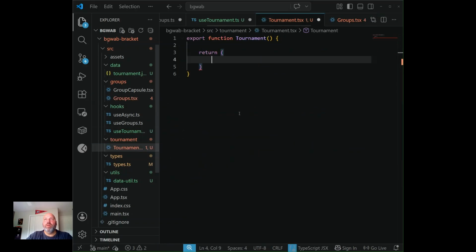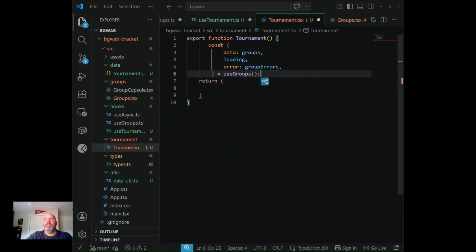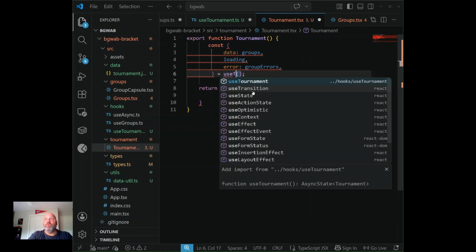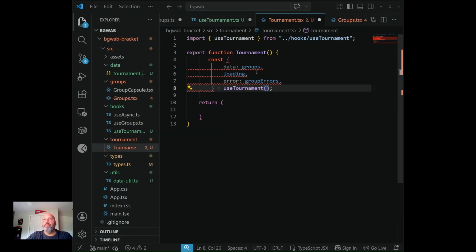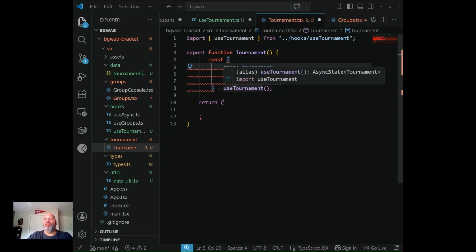Now we're going to get from now not use groups, but use tournament, which makes sense, right? And then we're going to change that name to tournament to make it more appropriate. It didn't have any impact. We could have called it groups, but